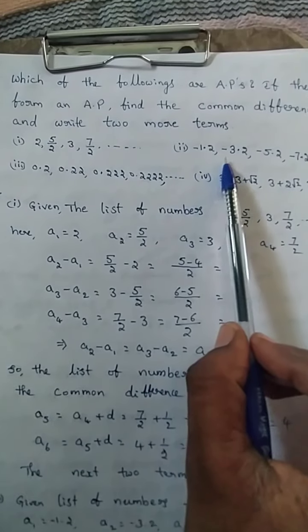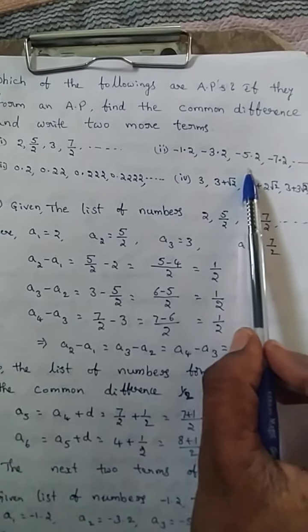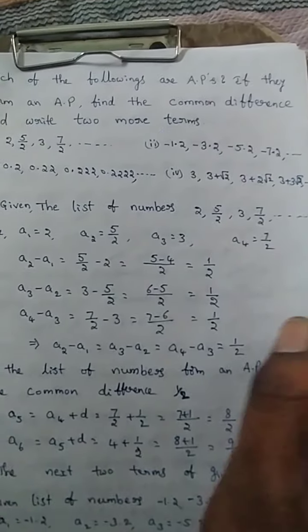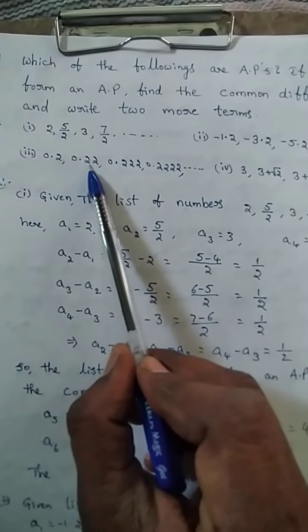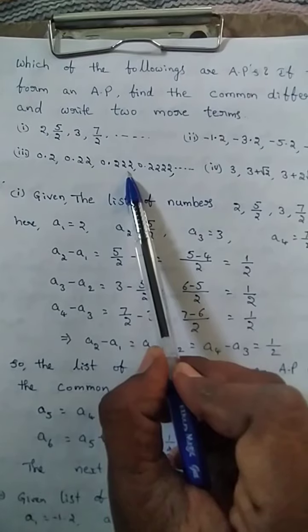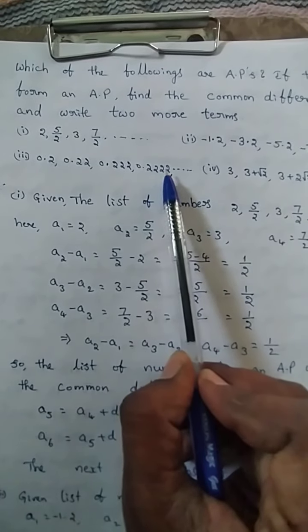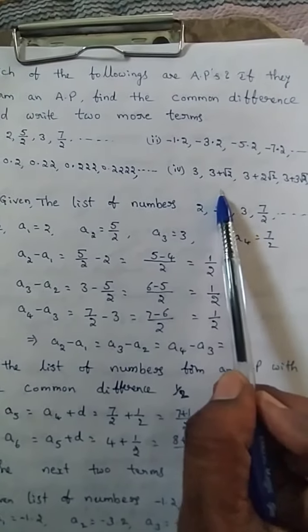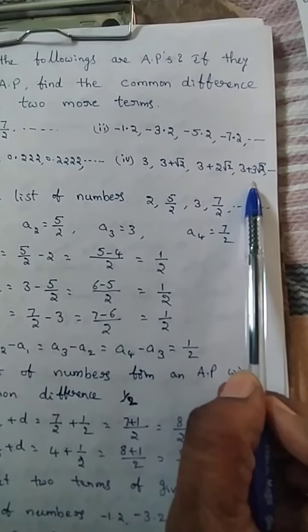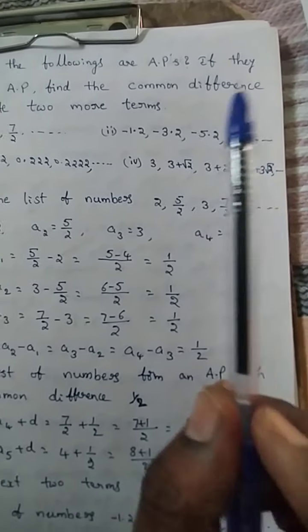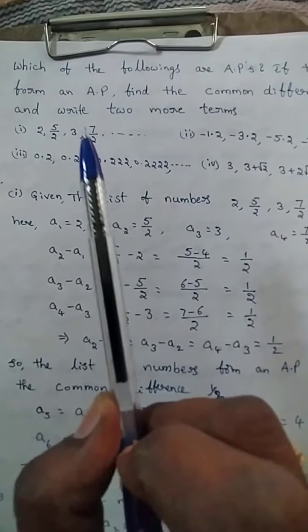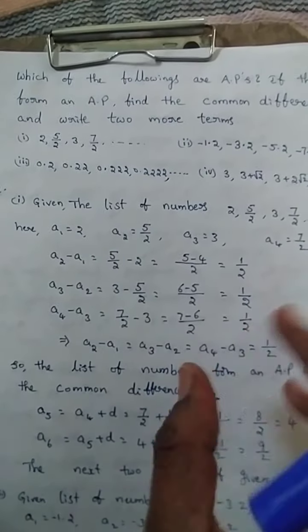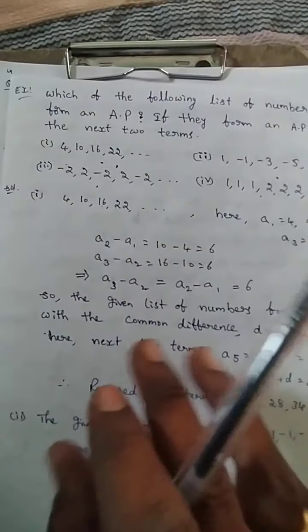Minus 1.2, minus 3.2, minus 5.2, minus 7.2, and so on. 0.2, 0.22, 0.222, 0.2222, and so on. 3, 3 plus root 2, 3 plus 2 root 2, 3 plus 3 root 2, and so on. Okay, yesterday we solved the same type of problem, but the given list of numbers in the yesterday